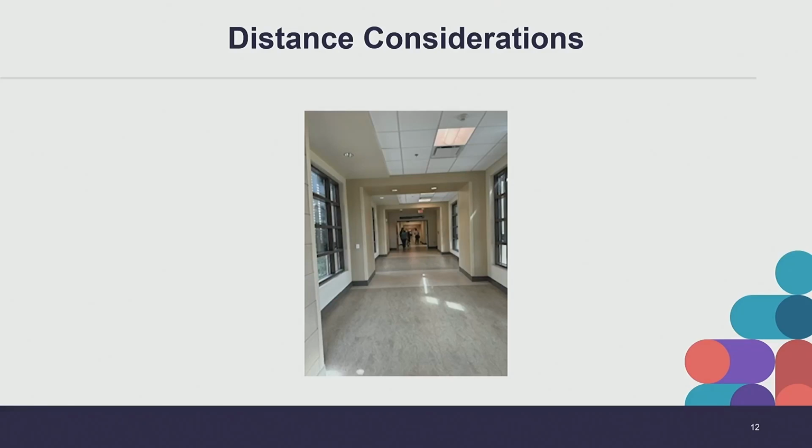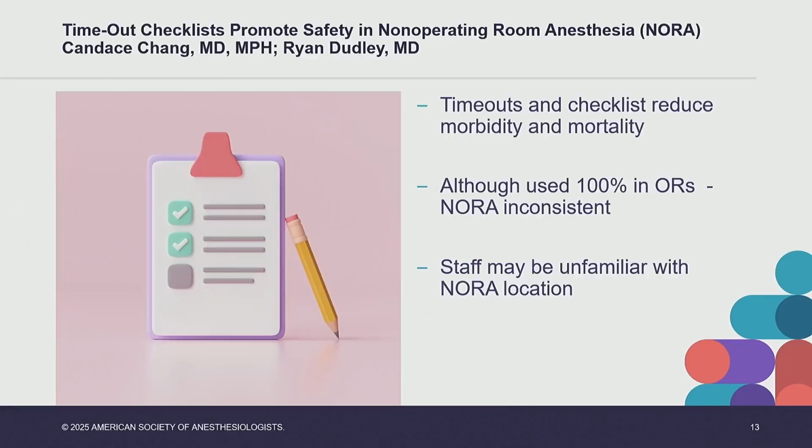When we put in some guardrails and some guidelines, we decreased our number of anesthesia stats in that first year by 50%. The GI docs weren't loving me to death, but my fellow colleagues were like, this is good because we feel safe. There's another article by Dr. Chang and Dr. Dudley about timeouts. We do timeouts in the OR all the time, right? They're ubiquitous. We have them on the board. So we instituted the timeout system within GI also, just to talk about specific GI issues of that particular patient,